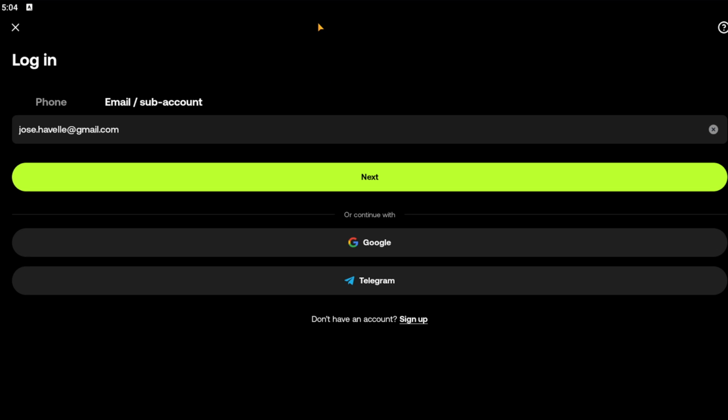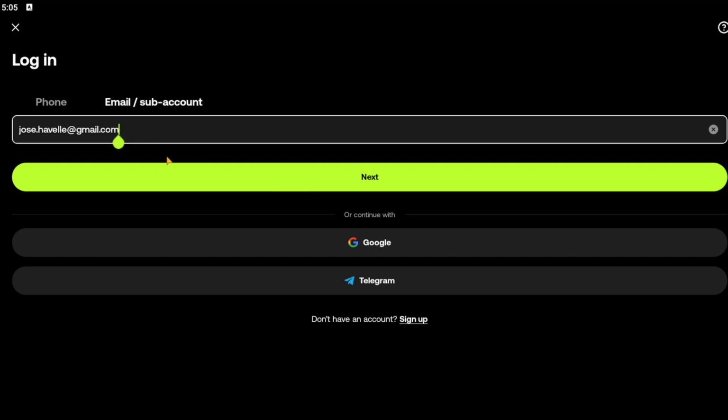Once you have selected login, you will be prompted to enter your credentials. Input the email address or phone number that you registered with. Afterward, enter your password. If you have enabled any security features, such as a password manager, ensure that you enter the correct information to